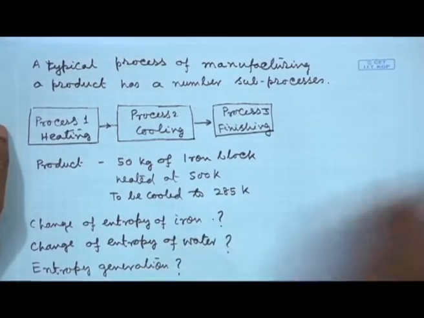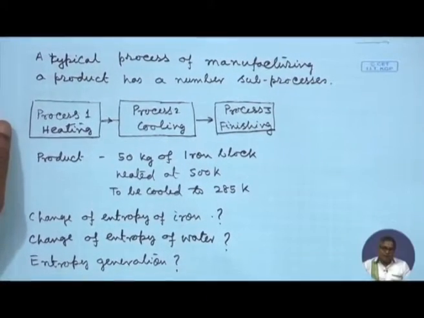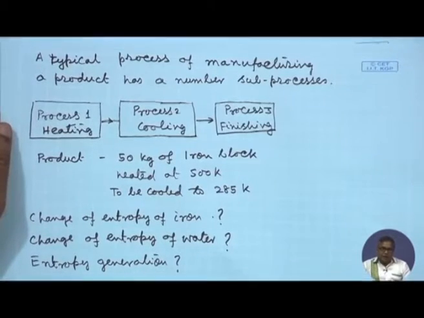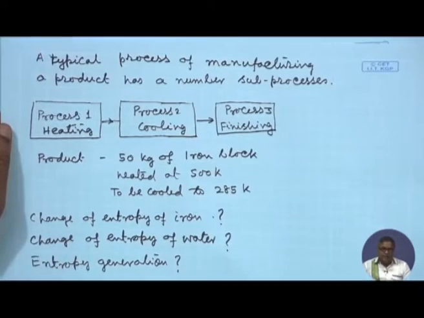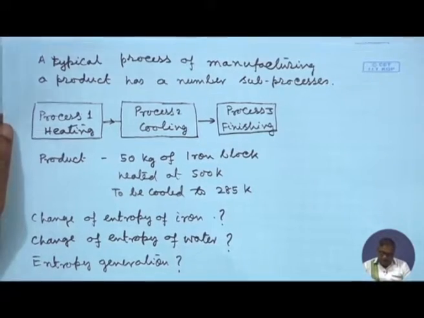And we are interested in this cooling process. So, 50 kg of iron block, according to the arrangement of the industry, is being cooled by plunging it in a tank of water. The water in the tank, we assume, is of enough quantity so that by this process the temperature of the water does not change, but obviously the temperature of the iron block changes.